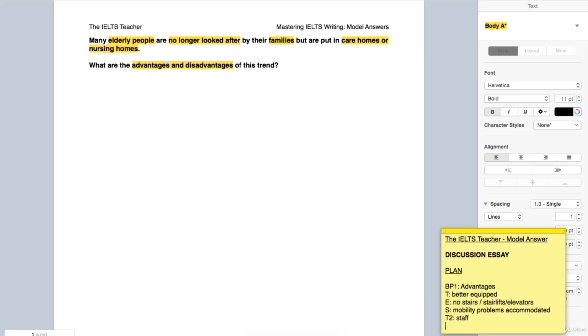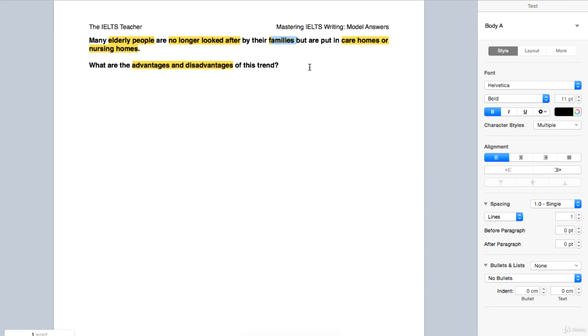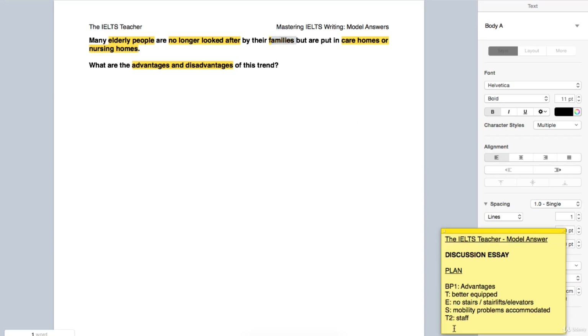And the other thing that we did in the previous essay is we also looked for a source of context, a source of reference, a source of contrast, and we found that in continual assessment. If you look here at our keywords, we've also got the same thing that we can apply here, the word families. So in this last sentence, I'm just going to look at the alternative: families, they do not have, or they rarely have, people who possess the same skills as staff, something like that. So families rarely have these skills. I'll turn that into a sentence later, but I think that looks pretty good, so we can move on to the disadvantages.